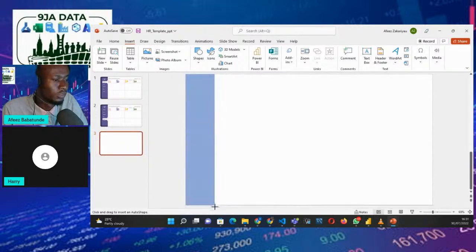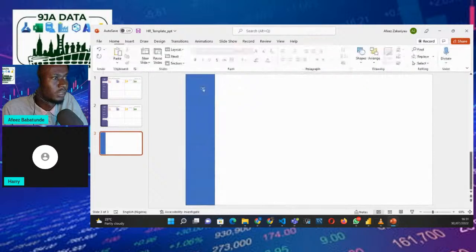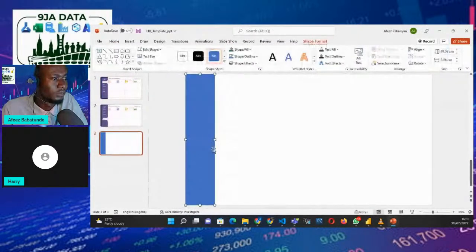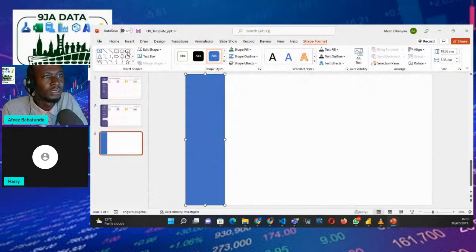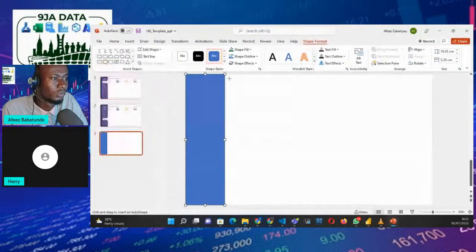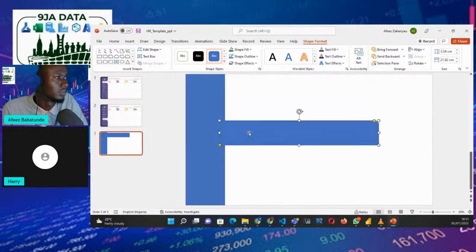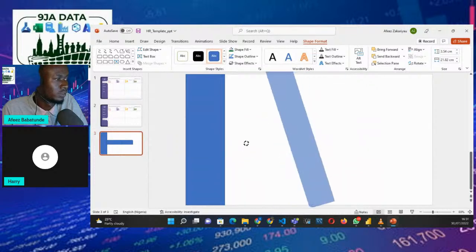Let me do this. Again, I have something like this. And the second one is something of this. Let me just take it a little bit, and let me have something else. Okay, I can use this as well. So I can do something like this. Just rotate this here. Can rotate it,